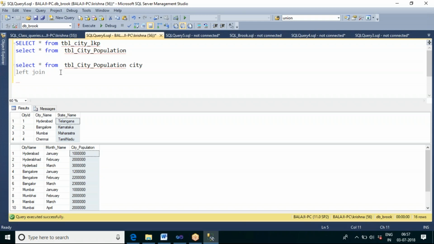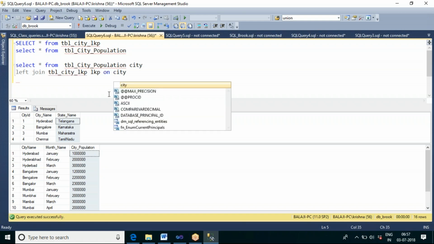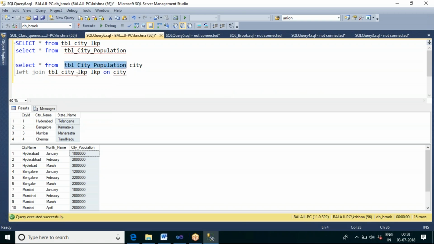When I do the join with the city lookup table, what is the common column present in these two tables? I have to show the state name also in the output, so that's why I'm joining these two tables and I have applied the left join. To join these two tables, I should have a common column. Here we have city name and here also we have city name, so I can use city name as the common column.